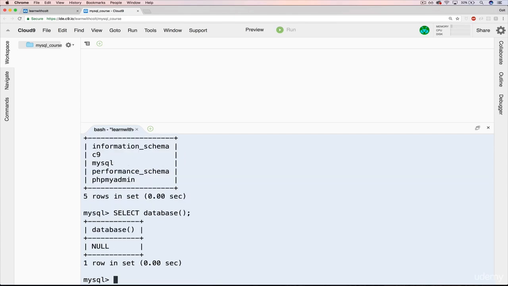And here's the answer. Kind of a trick question. We're not using a database right now, hence the null here. And we'll be talking a bit more about null throughout this course, but that basically means we're not using any database. So just to show you one more time, if we switch, let's say I wanted to use one of